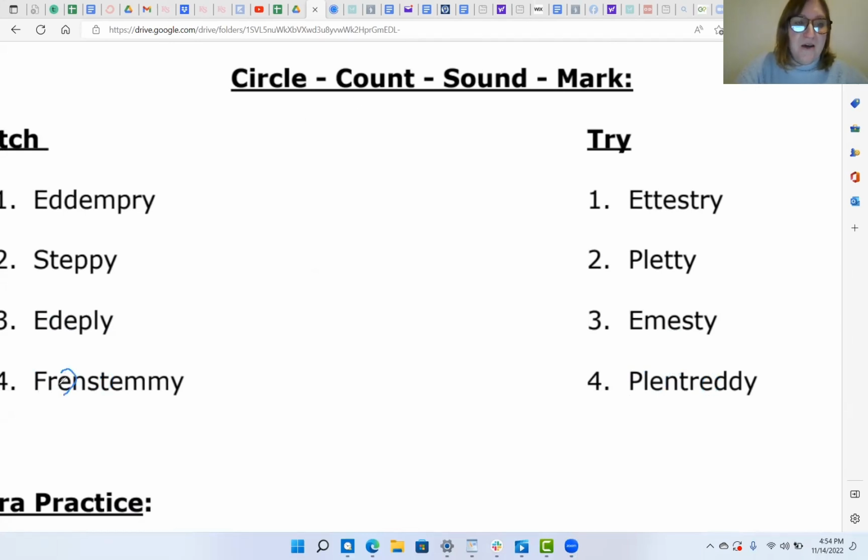Okay, I'm going to mark all my vowels. I know my Y at the end of this longer word is going to make the long E sound. I know that this E is going to say eh because there's not another vowel 1 or 2 doors down. I know that this E is going to say eh because of that double M. That is just a quick reading hack. So when I pencil read it, it's